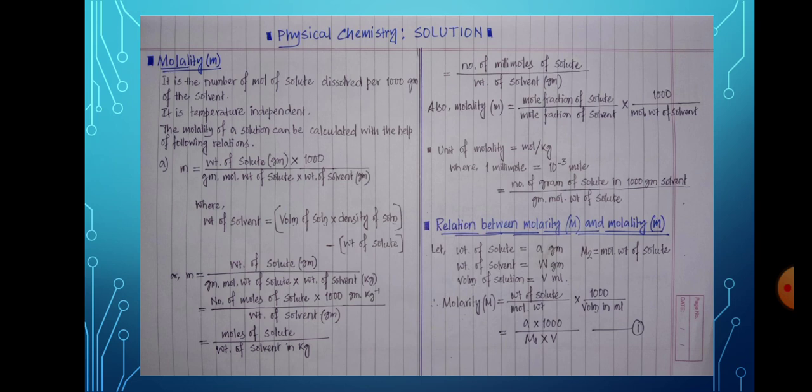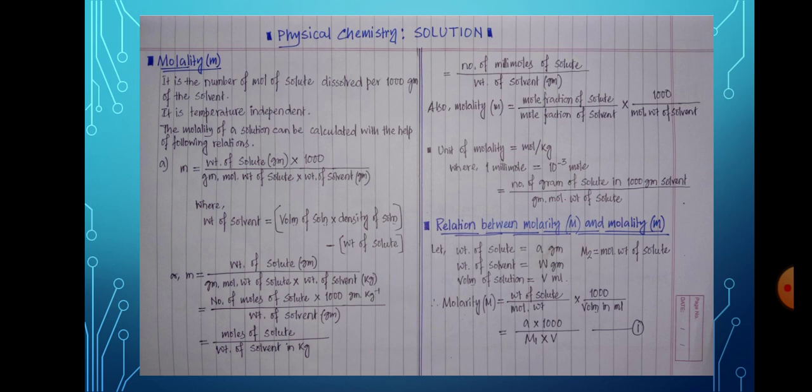Molality equals weight of solute expressed in gram into 1000, divided by gram molecular weight of solute into weight of solvent in gram, where weight of solvent equals volume of solution into density of solution minus weight of the solute. Therefore, molality can be expressed as weight of solute expressed in gram divided by gram molecular weight of solute into weight of solvent in kg,